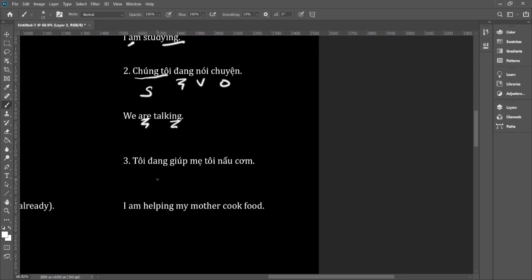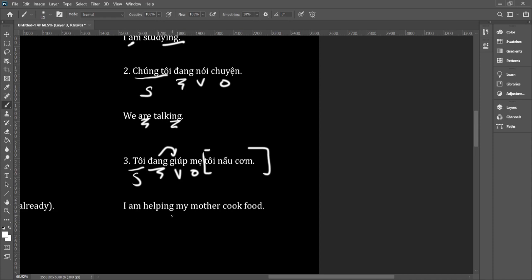And our third example, tôi đang giúp mẹ tôi nấu cơm. Alright, so subject, đang, and then our verb, and then our object. And then this whole entire thing is another clause, so we don't really have to worry about that. That's a little bit extra, but just keep in mind that đang modifies the verb that comes right after it. Okay, so đang modifies giúp,